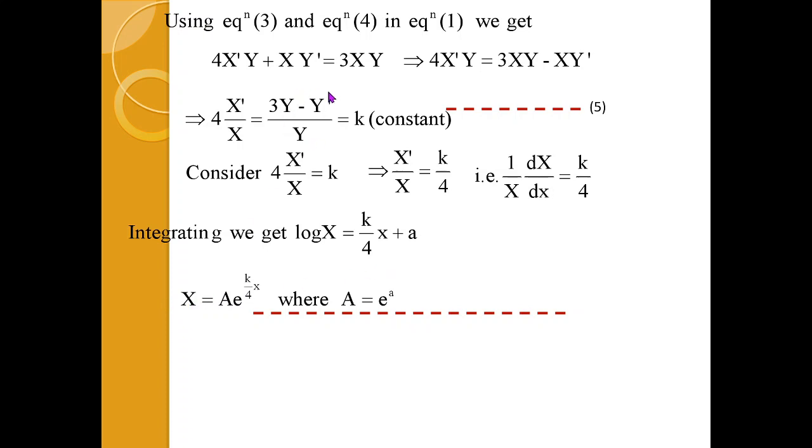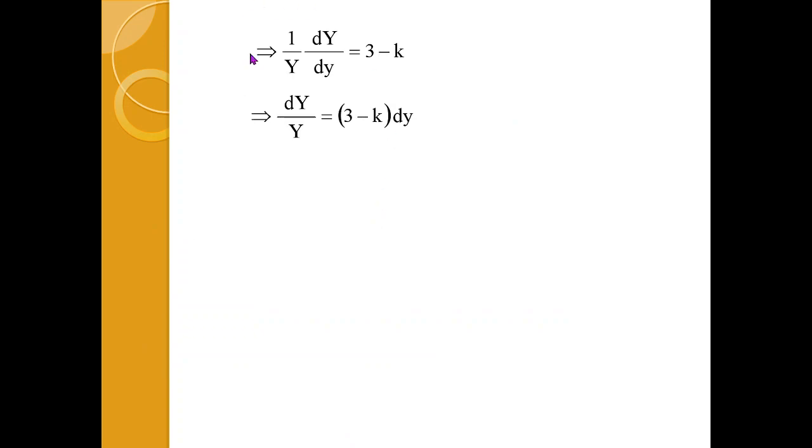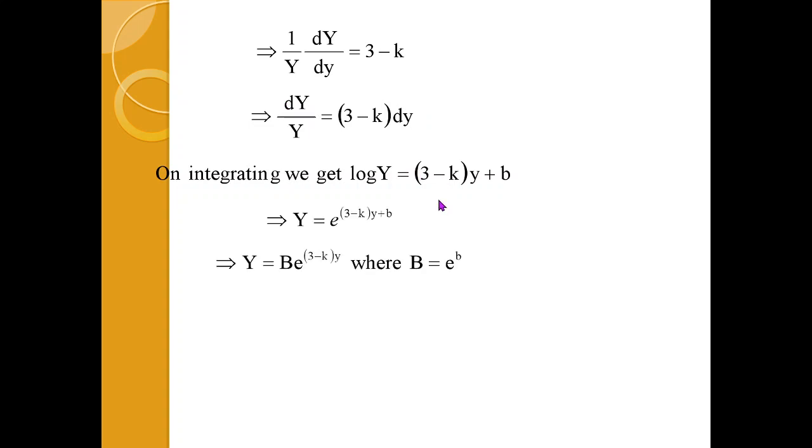Let us obtain the second function, that is obtained by equating the constant with the second fraction. So let us consider that. Now here we will separate the variables. So separate numerator first. We get such type of expressions. Now separating the variables, we have Y dash by Y equal to 3 minus k. Now Y dash is nothing but derivative of Y with respect to y. So 1 by Y derivative of Y with respect to y equal to 3 minus k. Separate variable capital Y on one side, small variable on another side. Now this is variable separable form, so integrate, we get the solution given by equation 7.